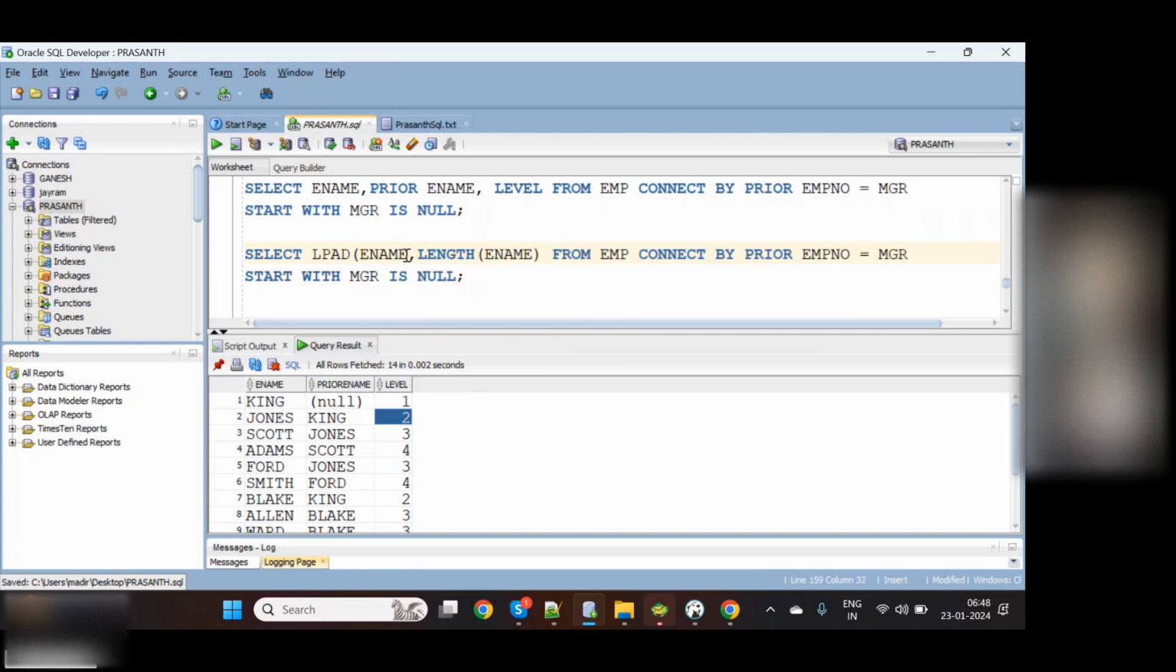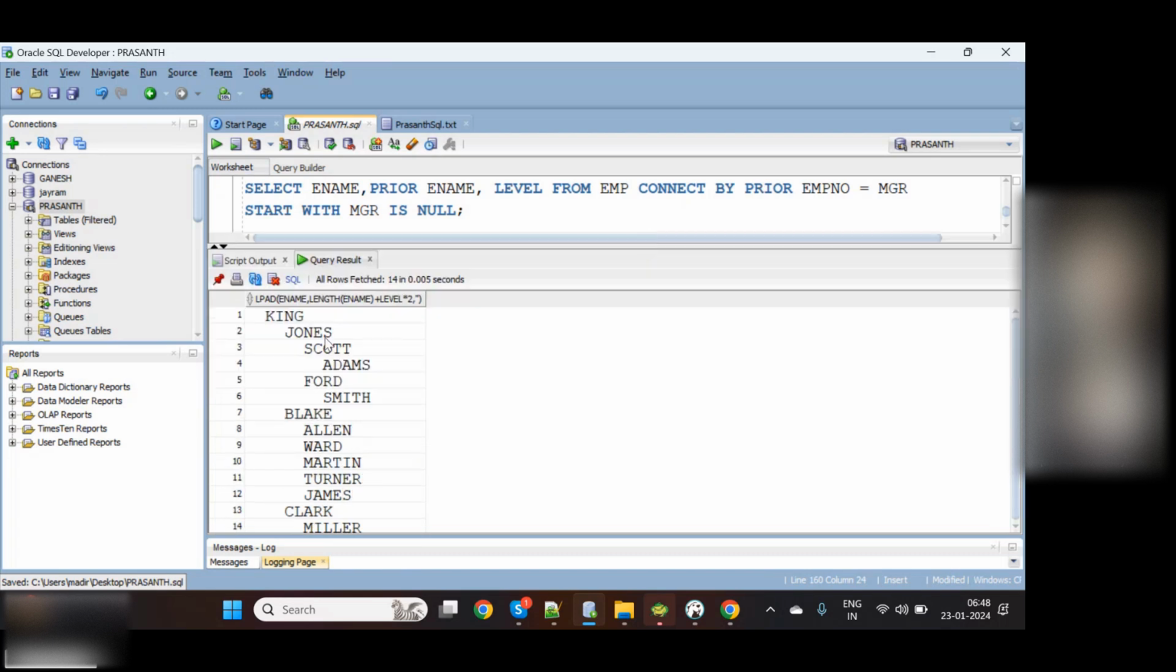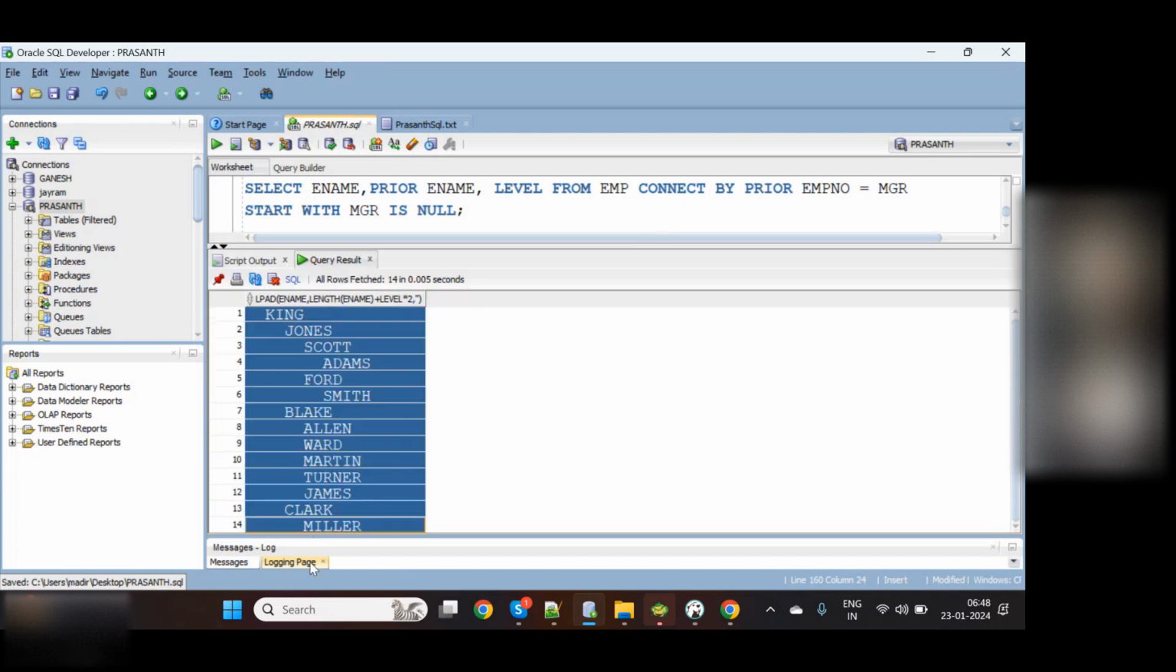ENAME. So I am finding out the length plus level. I simply want to show you that level 2, padding with a space. So now see the same query. Here, if I copy this onto a notepad,